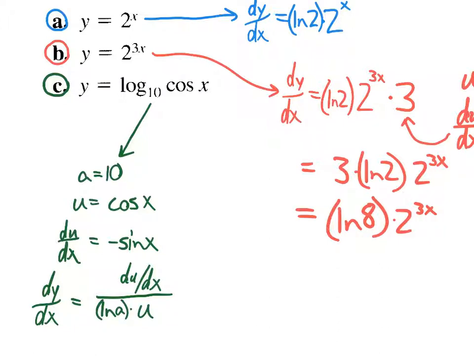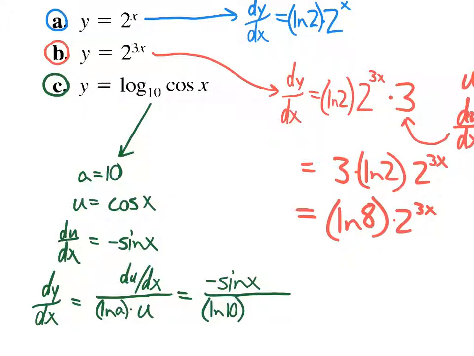That's our formula, written a little bit different than the previous slide, but that's the idea. So we have a negative sine x over ln of 10